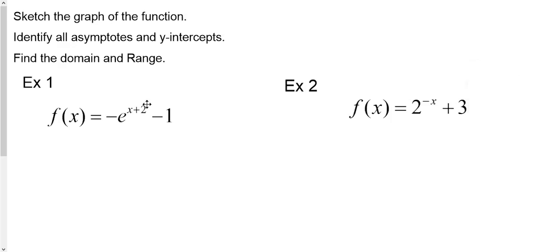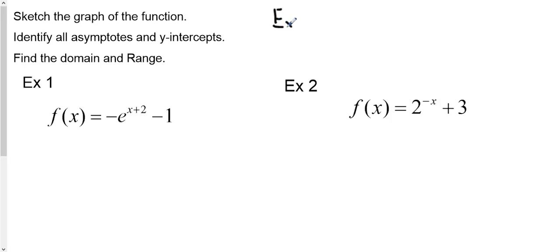Okay, what I'm going to go through is a couple of examples on how to sketch graphs of exponential functions. Now, a little review on how you know if you have an exponential function. A lot of students in my class are always confusing exponentials with logs when they first get to know it. Well, the key thing for